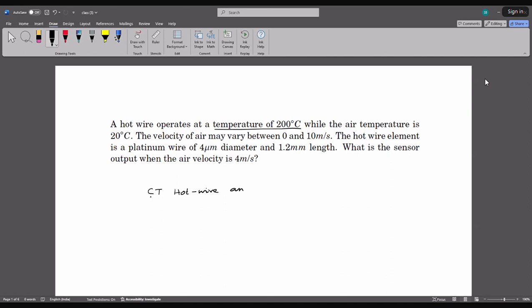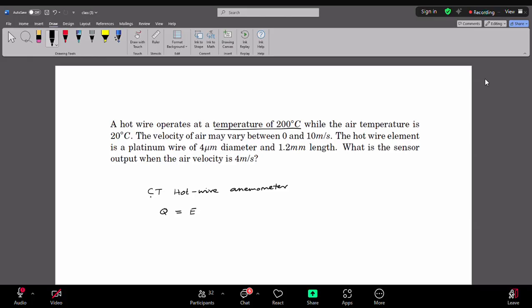And in a constant temperature hot wire anemometer, our output Q should be equal to